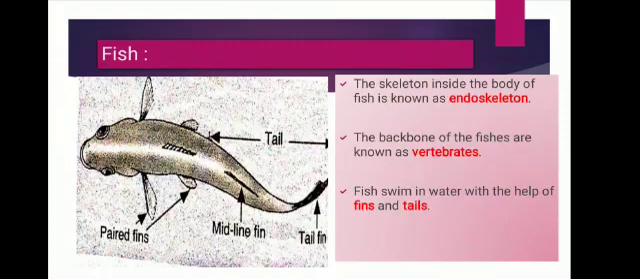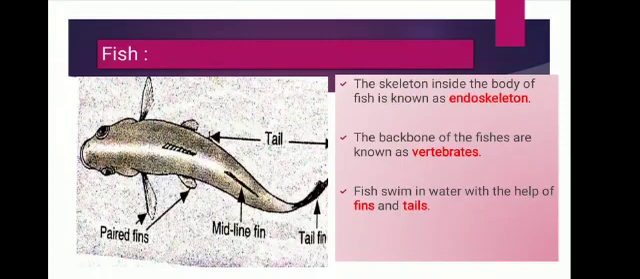Next, a fish has a flexible backbone. Due to the flexible backbone, a fish can bend its body easily from side to side to move through water. It has powerful body muscles. Strong body muscles on both sides help in moving its tail,